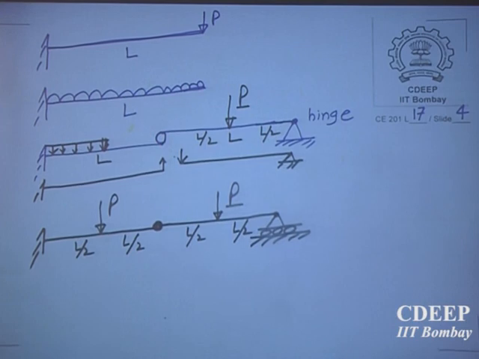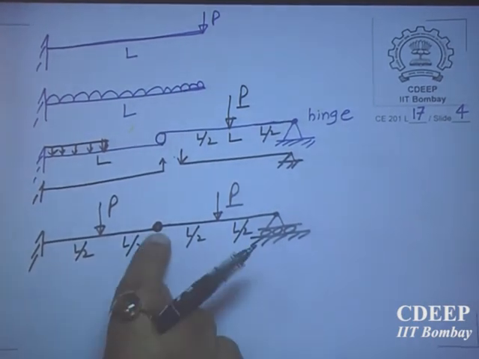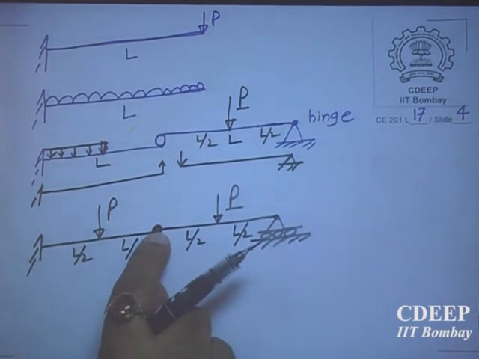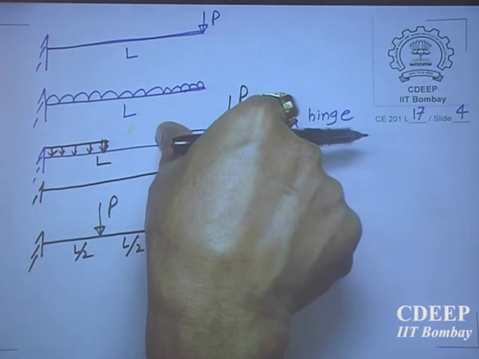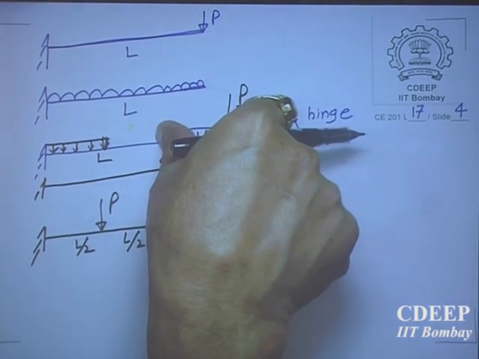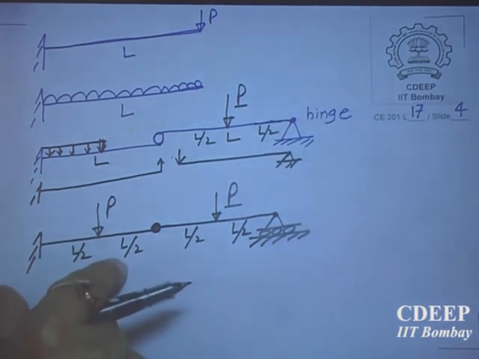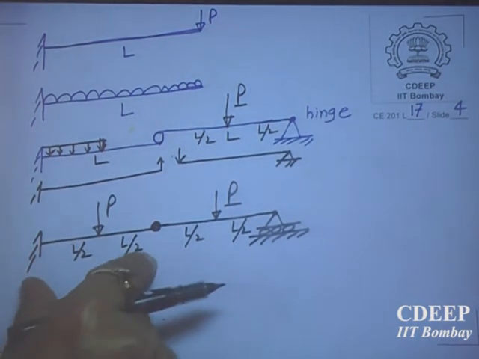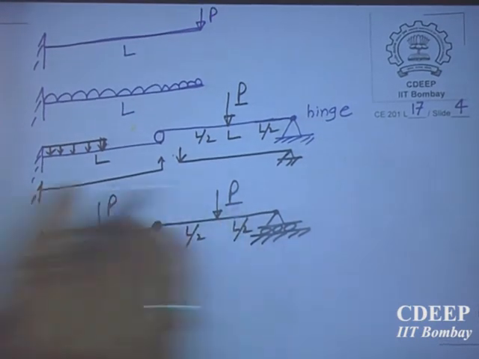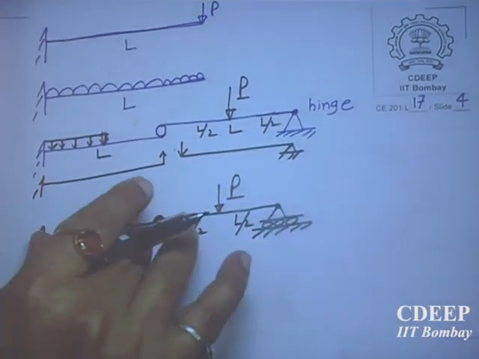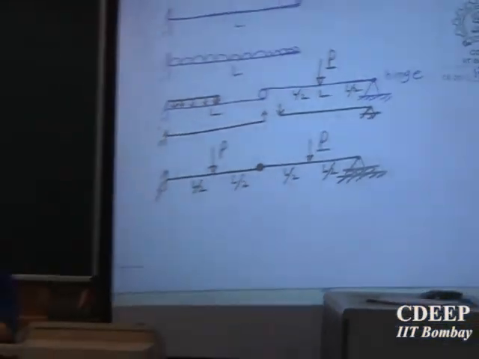So please draw bending moment, shear force and everything for this. First please find out the reactions at the interaction. Draw free body diagram of this separately, this separately. You will be able to find out all the reactions. And then draw the bending moment diagram, shear force diagram of each separately. Side by side, but each separately. Don't treat them together, but you take this and this separately. Okay, thank you.